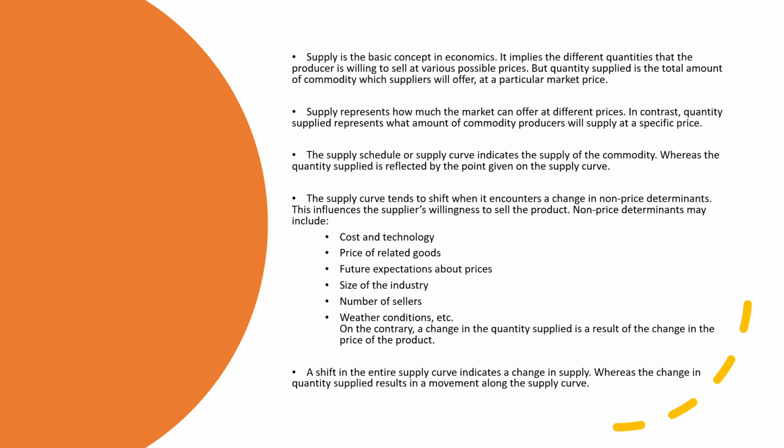So I told you about the assets should be in the left hand side, and liabilities and equity should be in the right hand side on a balance sheet. So both of them should be equal at the end. On the contrary, a change in the quantity supplied is the result of the change in the price of the product. A shift in the entire supply curve indicates a change in supply, whereas the change in the